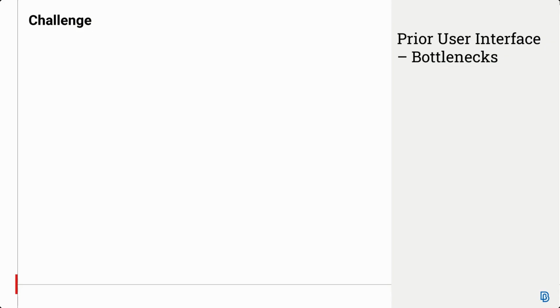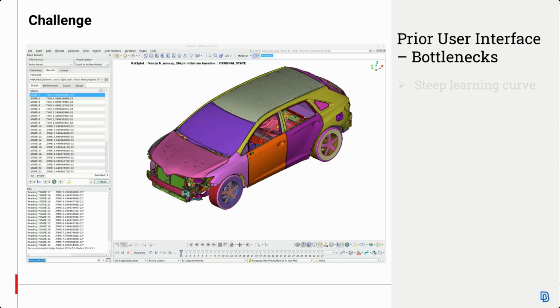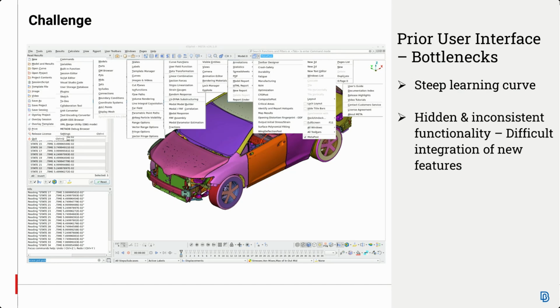We aim to address several key challenges with our existing interface. Firstly, we acknowledge that there was a steep learning curve, making it daunting to navigate and effectively use the available functionality. Additionally, hidden features and inconsistent organization in menus and submenus complicated the integration of new functionality, leading to uncertainty about accessing the full range of capabilities.